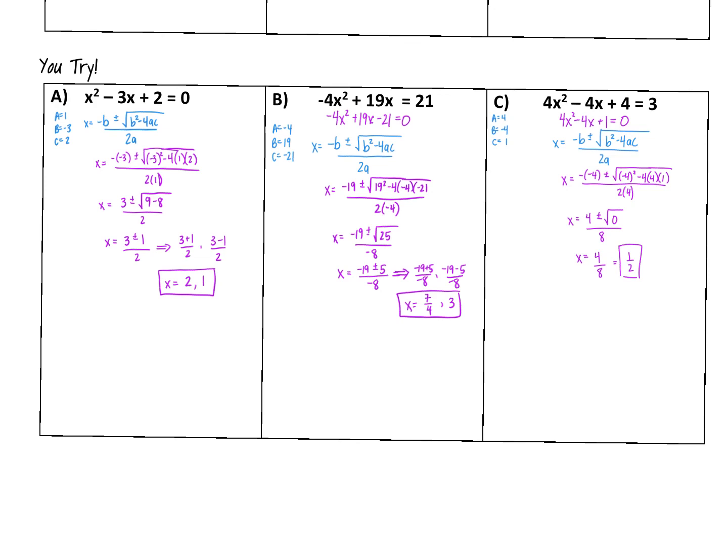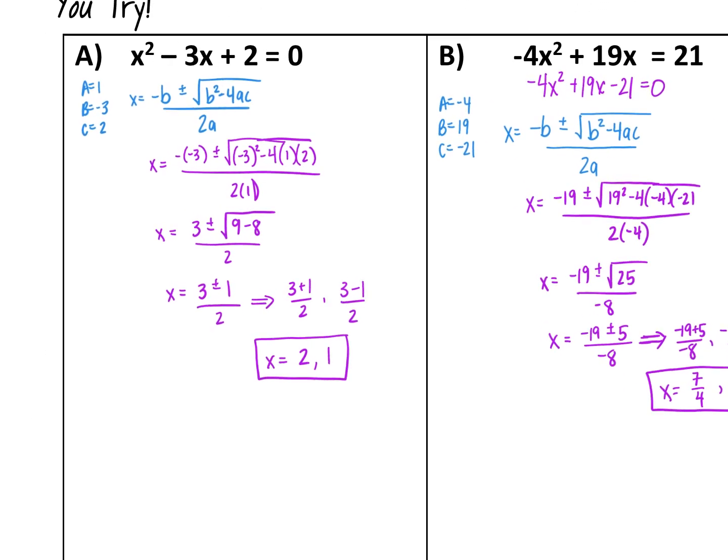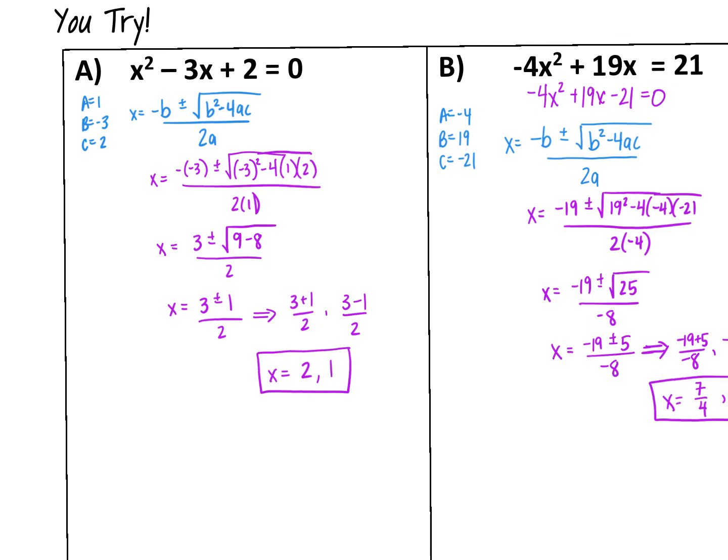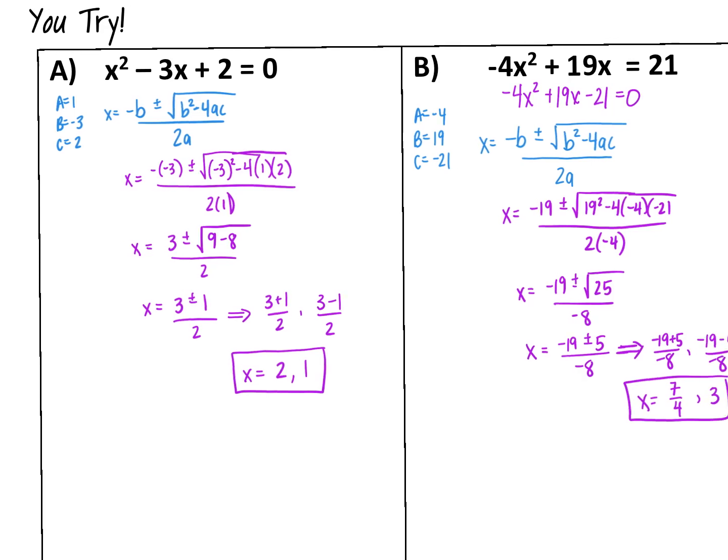Okay, let's go ahead and take a look at these then and see how you did. So A is an example where we did a ton of work and ended up with 2 and 1 as my roots. Now, had I just done the x method from the beginning, I would have had this done very quickly and not had to go through all this work, and I would have come up with the same answer. So it's all a matter of preference. Okay, so for B,